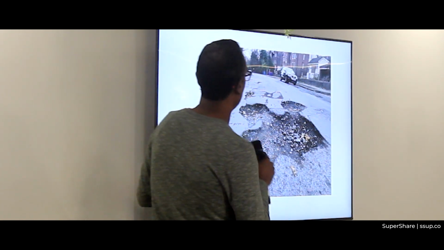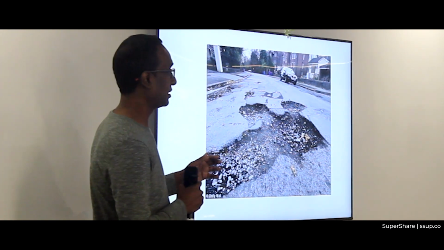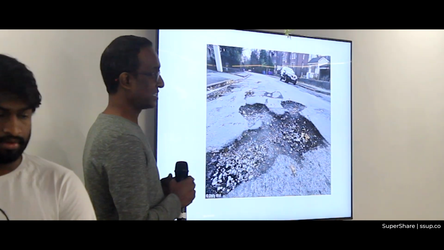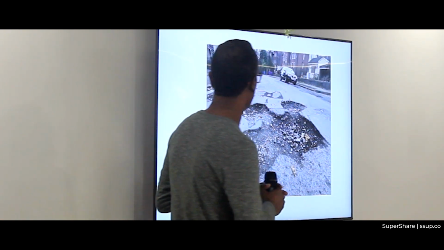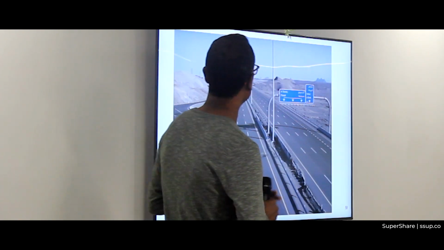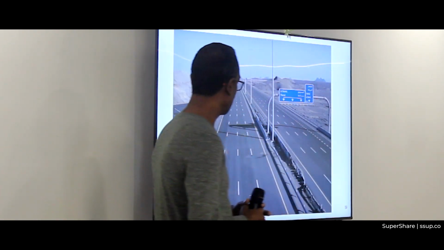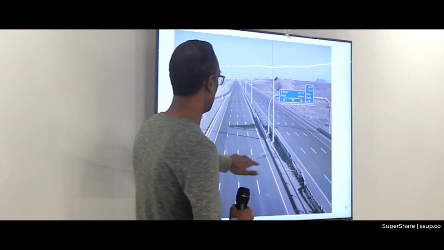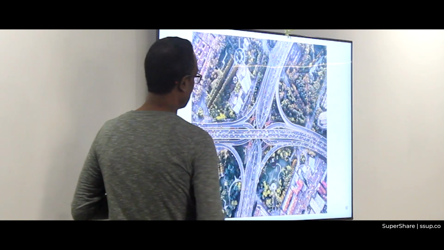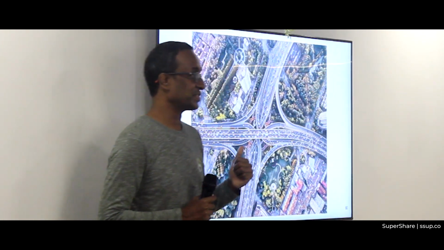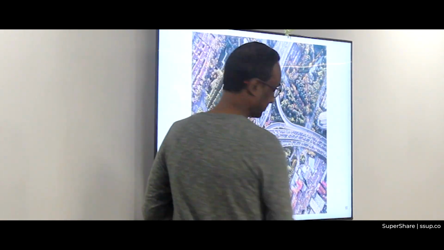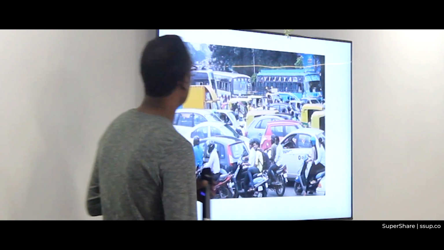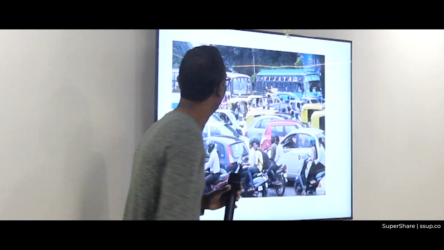Folks, we will continue with the driving metaphors. This is a road with few cars, but it's uneven both in terms of width and elevation. This is a road with few cars, but it is smoother, uniform width, uniform height, and so on. This is a road where there are clear do's and don'ts on when you cross, how many lanes there are, when you can change lanes, and so on. And this is simple.